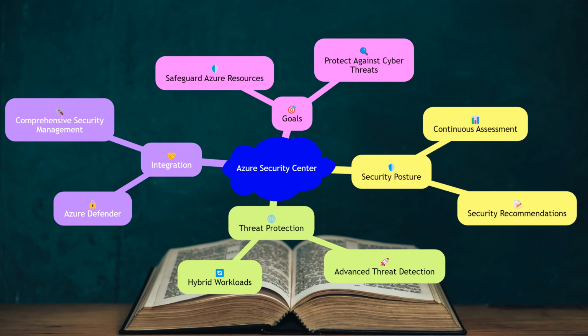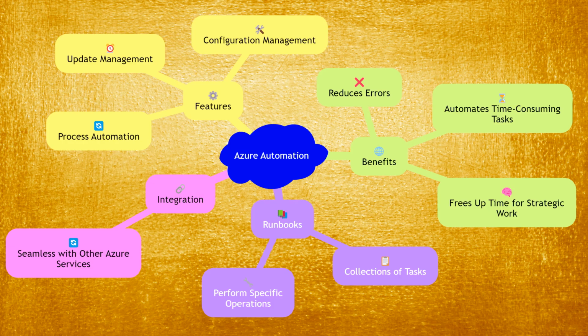against evolving cyber threats. Azure Automation provides a way to automate the creation, deployment, monitoring, and maintenance of resources in your Azure environment. It includes process automation, configuration management, and update management. Azure Automation allows you to automate frequent, time-consuming, and error-prone cloud management tasks, freeing up time for more strategic work. It supports the use of runbooks, which are collections of tasks that perform specific operations, and integrates with other Azure